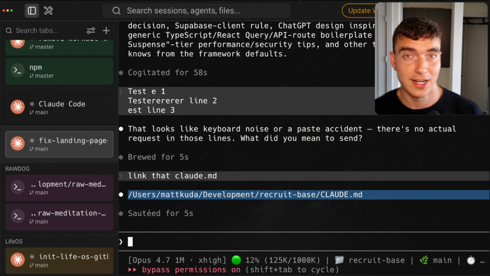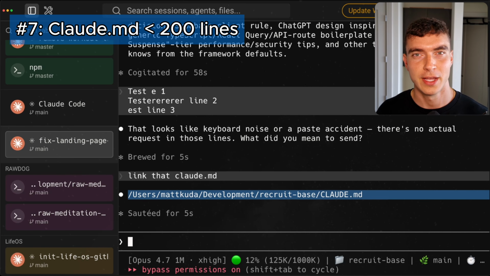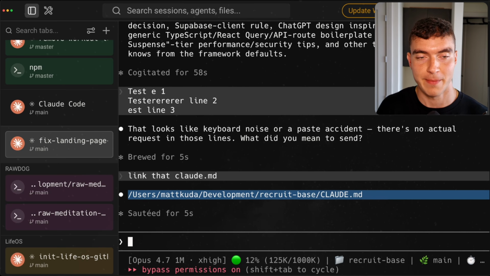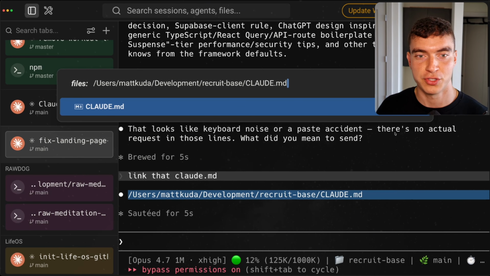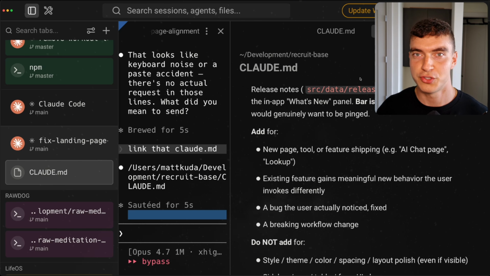Moving on to the context management section, tip number 7 is to keep your CLAUDE.md 200 lines or less. A quick Warp flex, you can Command P to go to a file to show you this CLAUDE.md. This one is only 140 characters. This is just a good rule of thumb because when your CLAUDE.md gets bloated, that's going to be extra tokens you're